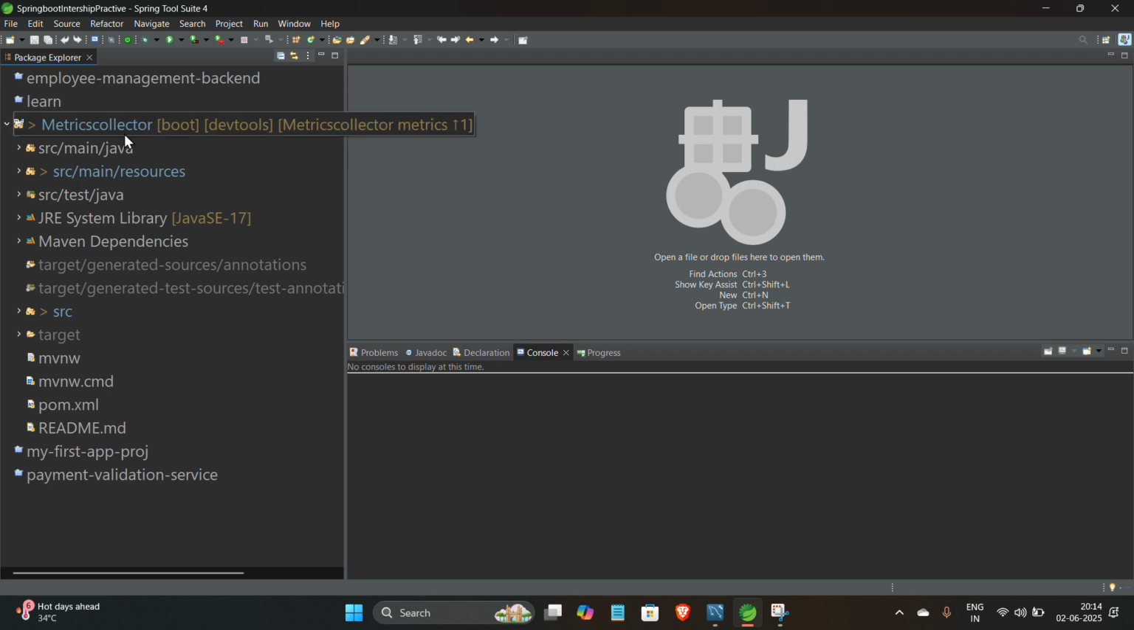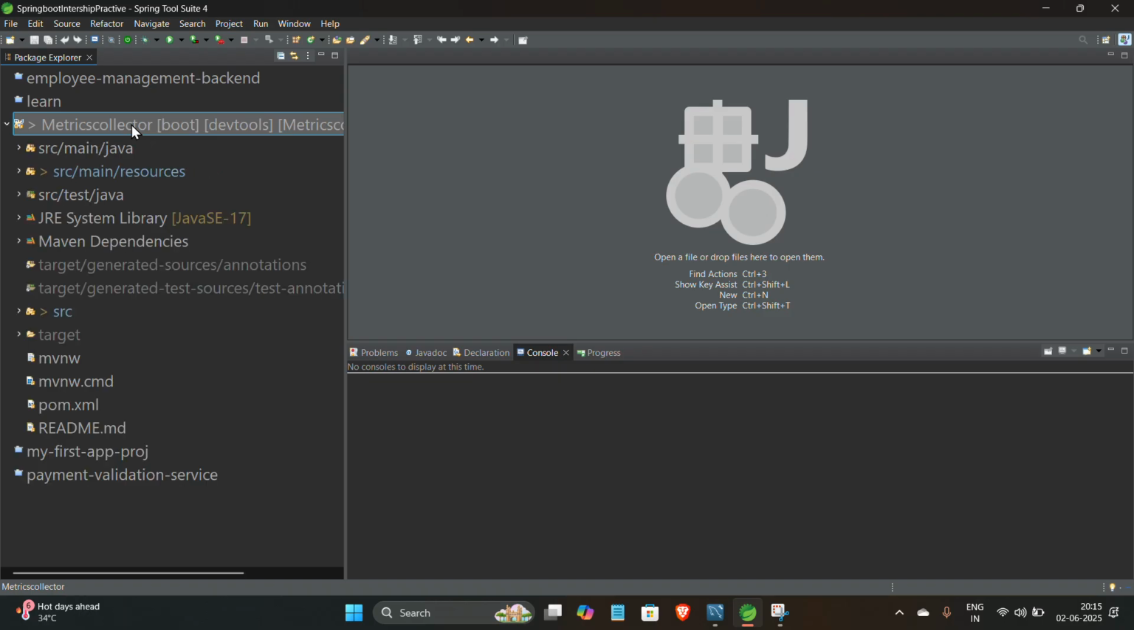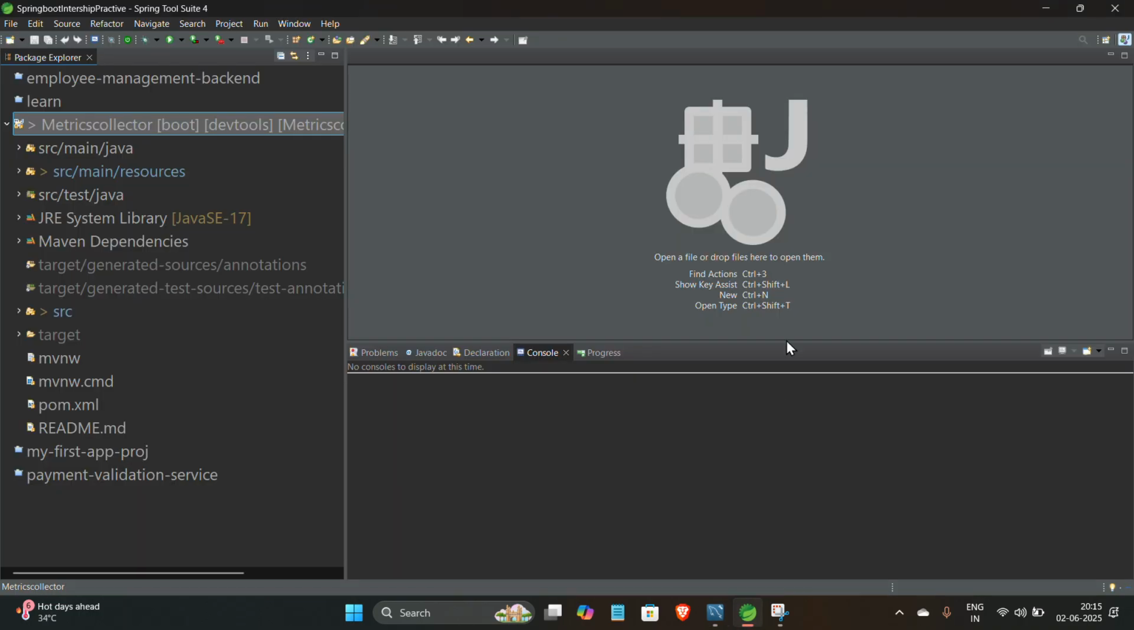Hello everyone. I developed a Spring Boot project for measuring metrics. That means collecting each and every log, the error logs and the status logs of our application. Everything I need to store into a database, and I also used